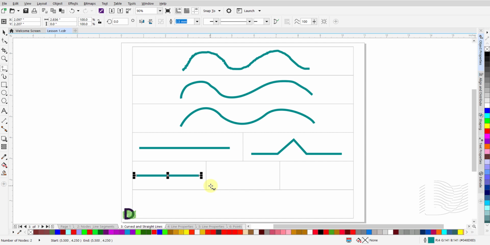You can also use the same technique to draw line segments at fixed constrained angles. Follow the same steps, that is, click and release the left mouse button at the starting point. Hold down the Control key or the Command key on the Mac, and instead of dragging the mouse horizontally or vertically, drag it at an angle.